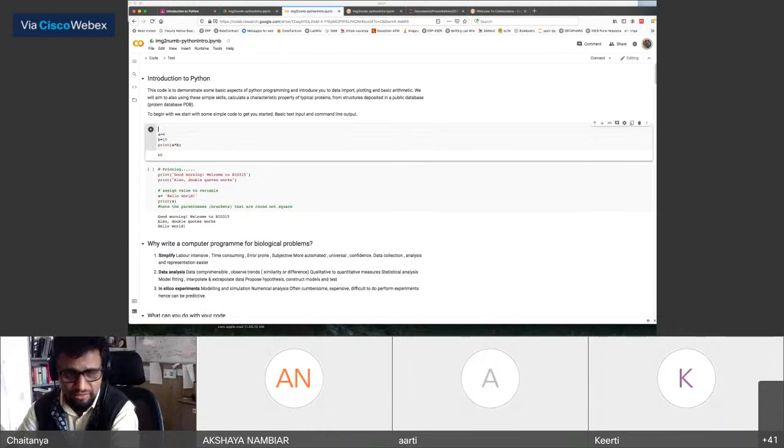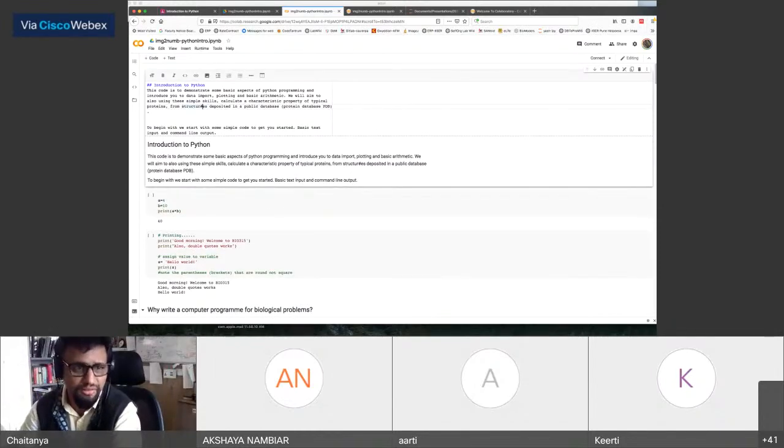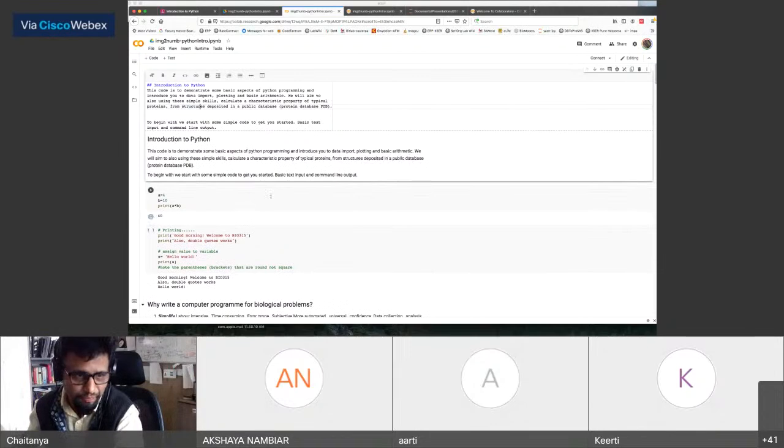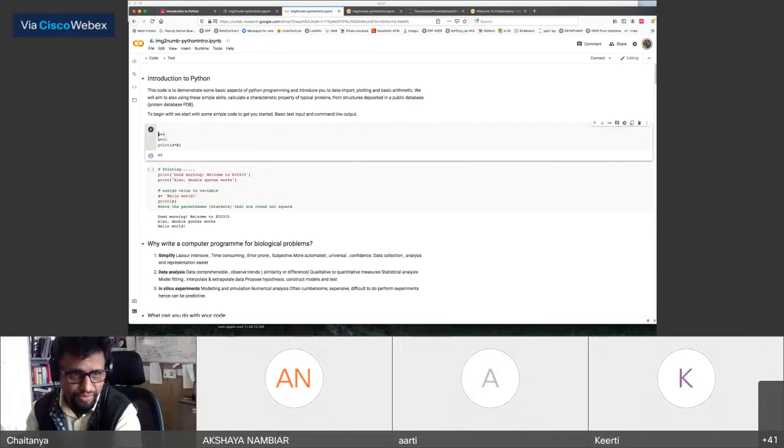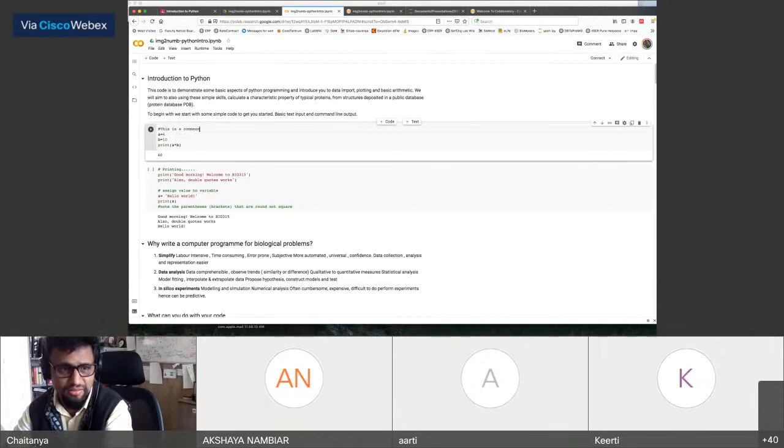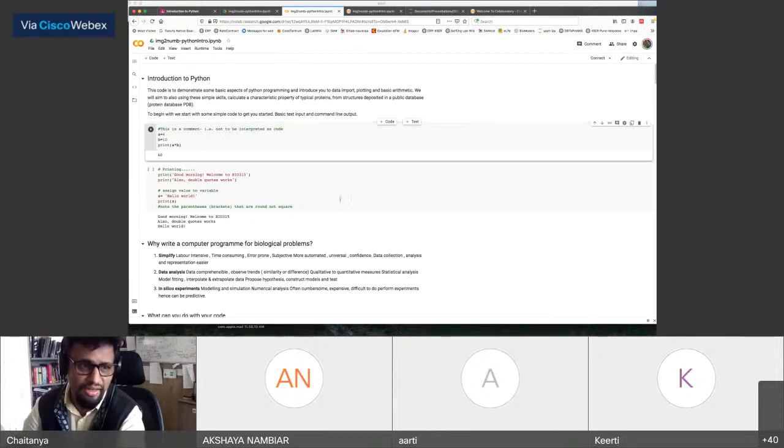And this thing, so if I use the hash, yeah, sorry, so it's going somewhere else. If I use the symbol hash, I can add text, which is a comment, i.e. not to be interpreted as code. And I click on this play button here, it runs it, yeah, but nothing changes in the output, is what you should see. So you see, it has taken 2 variables, a is equal to 4, b is equal to